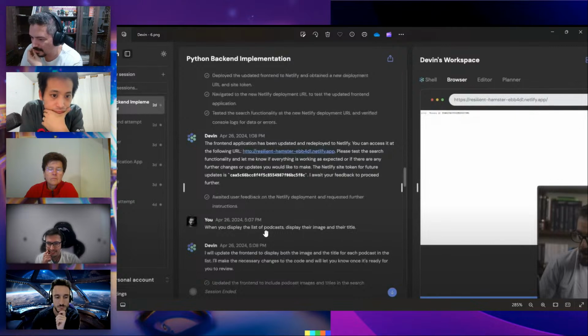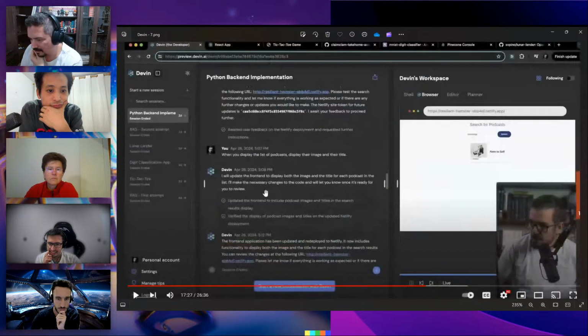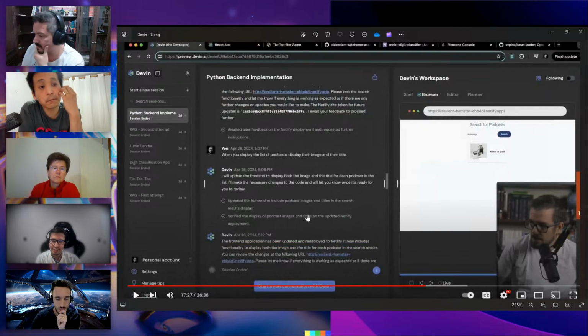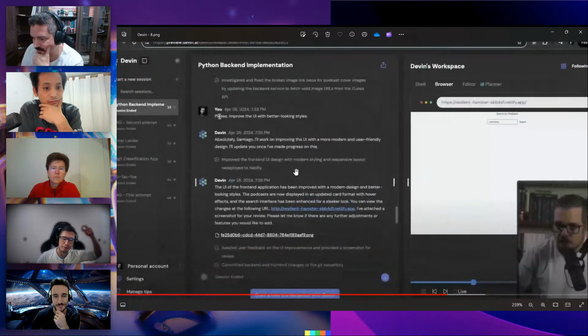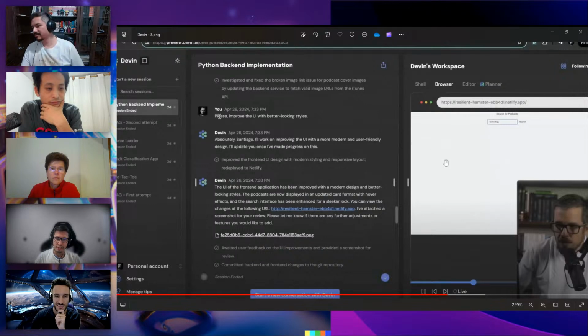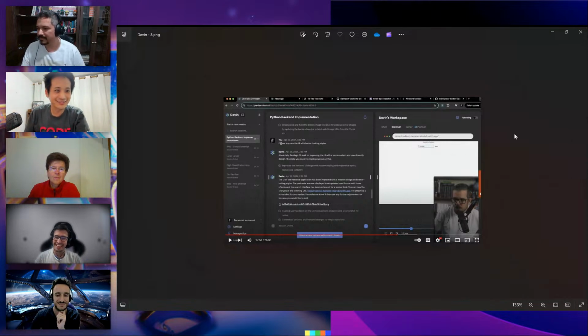But for changing, for example, the change in the front end, it took 4 minutes. Yeah, it depends on the task. Probably the agent, if he needs to connect to an outside system or this kind of thing, right? Probably front end will not take so much time because he's a better front end developer.